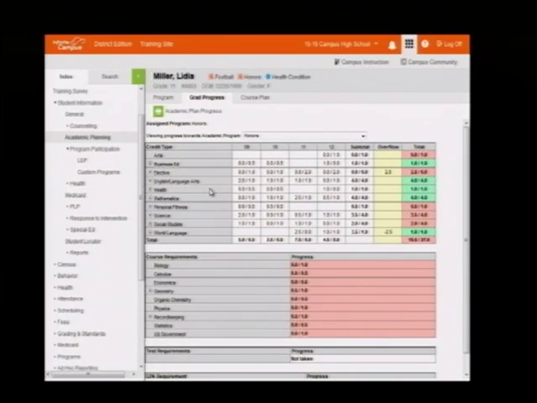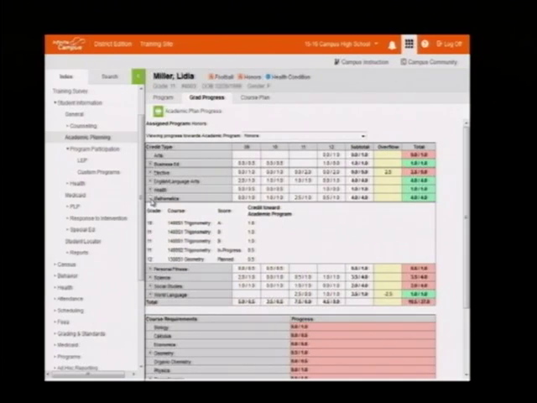Okay? So if I click on mathematics, I see that my student has already earned so many credits within the math category or math credit type. Currently, the student is in another trig class, and with successful completion of that trig class, they will earn 0.5 credits. Now, planned, they have not done this particular class yet, but once they take this class, that's how many credits they will earn.